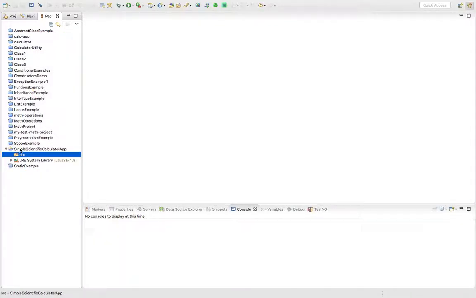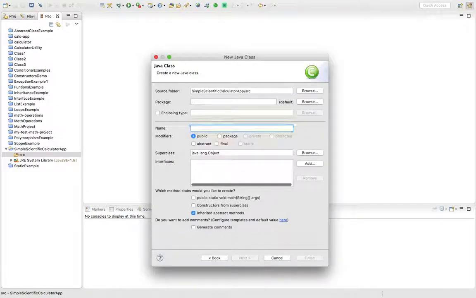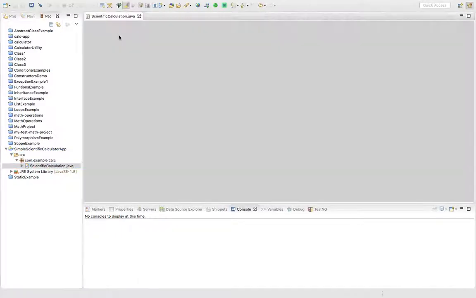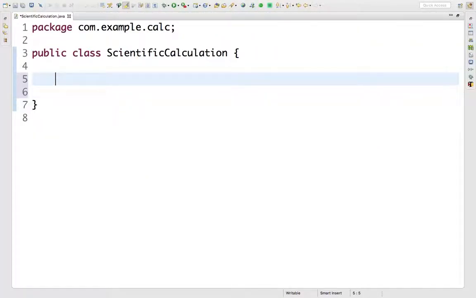So within this project I'm creating a new Java class file, and let's give a package com.example.calc, and let's give it the name scientific calculation. Fine. Now in this class I'm going to have some scientific calculation methods, like let's find out the square root. So public, and let's return double